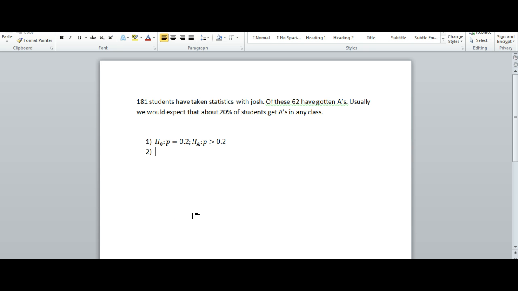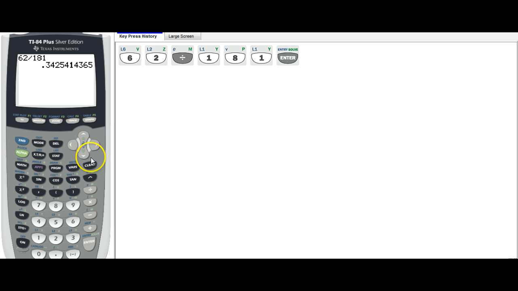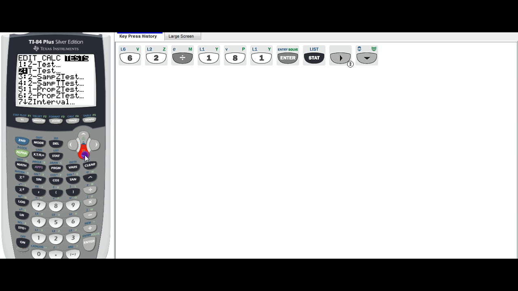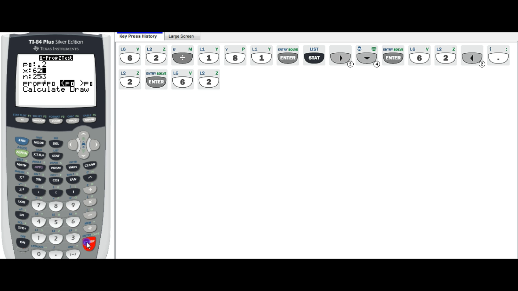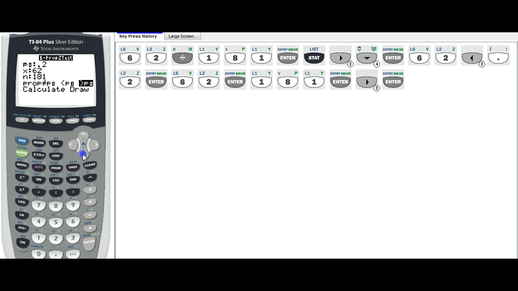So I'm going to run over here, and it was 62 out of 181. So in my calculator, I can do the statistic, 1 prop z test. And in this particular example, I said that there was 62 successes. No, my null hypothesis first, sorry. My null hypothesis is 20%, done. In my actual sample, I had 62 out of 181. And I'm trying to test to see if my actual sample gives evidence that I am different from the null,